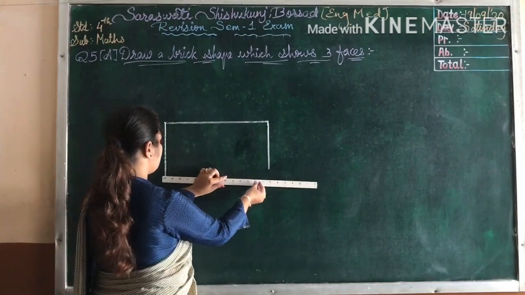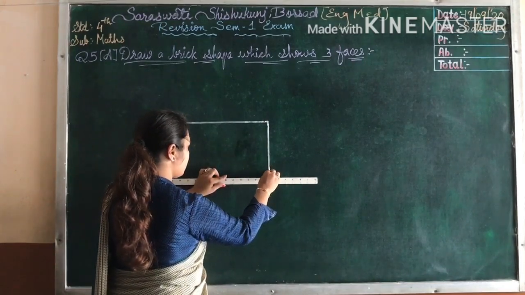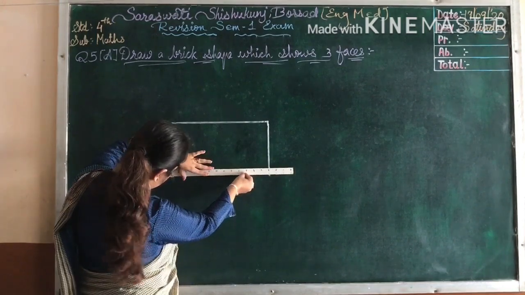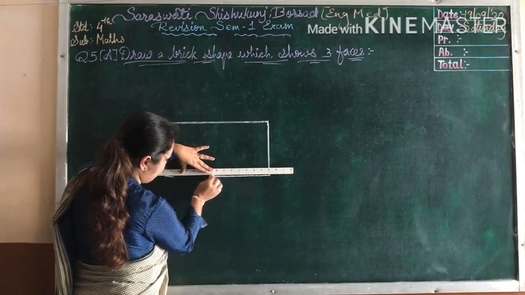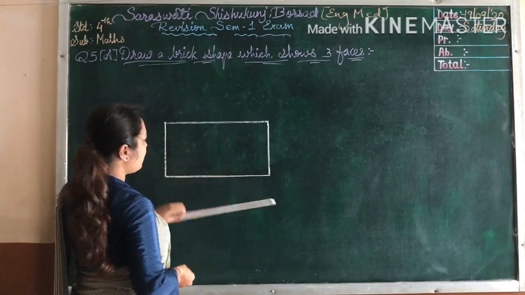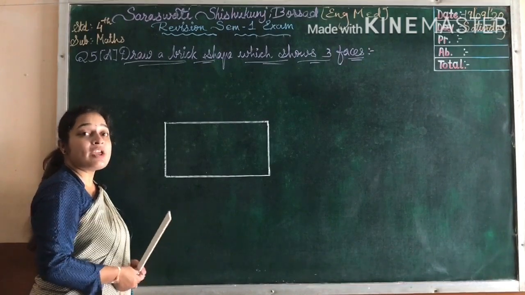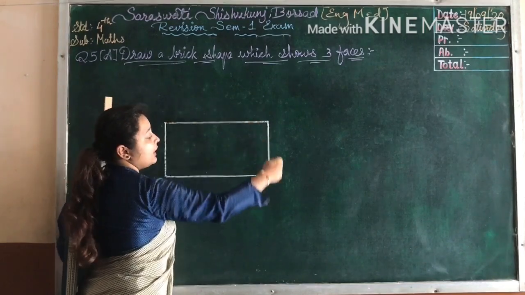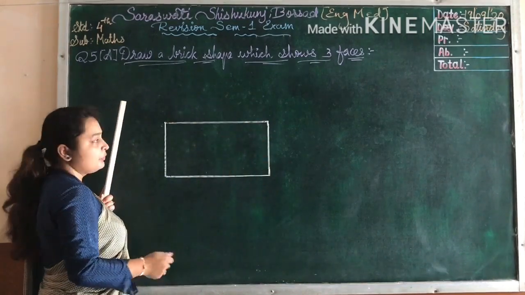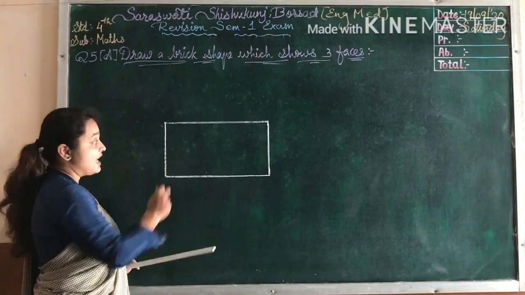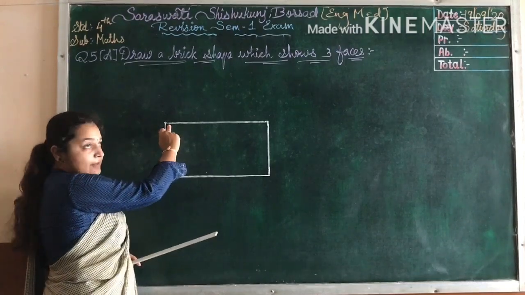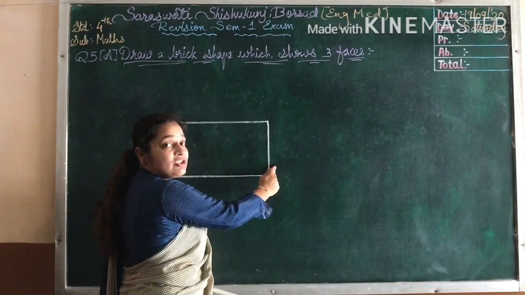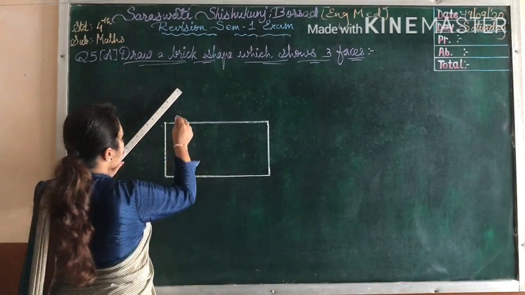You can see here we had drawn a rectangle, right? Our rectangle is ready. Now what you have to do? You have to draw slanting line from the upper two corner and right side of a corner. Okay? You have to draw 3 slanting lines, one on upper left, another on upper right, and third one on right downside of a corner. So let's draw that.